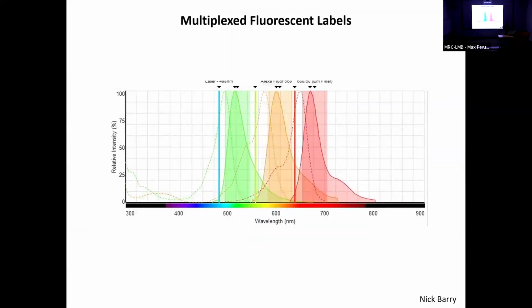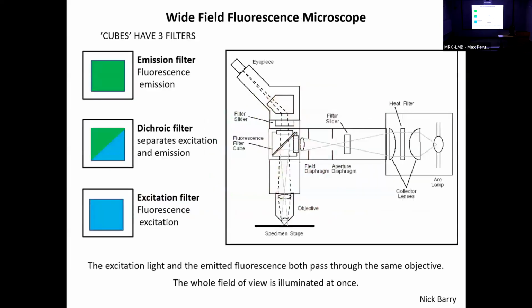Because we've got quite a lot of space in the visible spectrum, we can add multiple dyes. So here we can start to look at molecule A behavior in a sample relative to molecule B and molecule C, distinguishing them by their emission colors. This is a very, very useful property of a fluorescent microscope: the fact that we can look at multiple targets at once. How it's actually done in practice